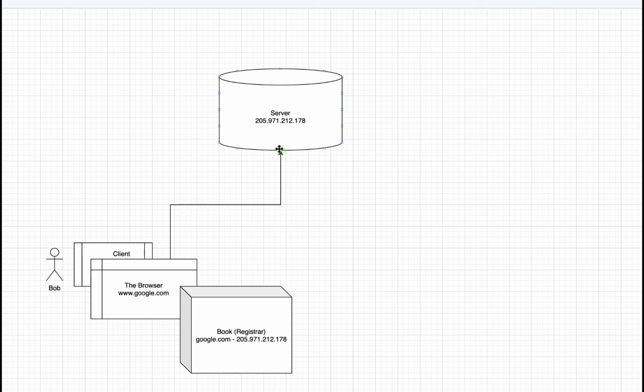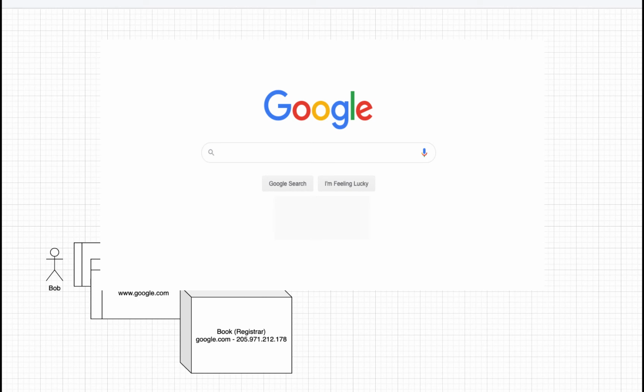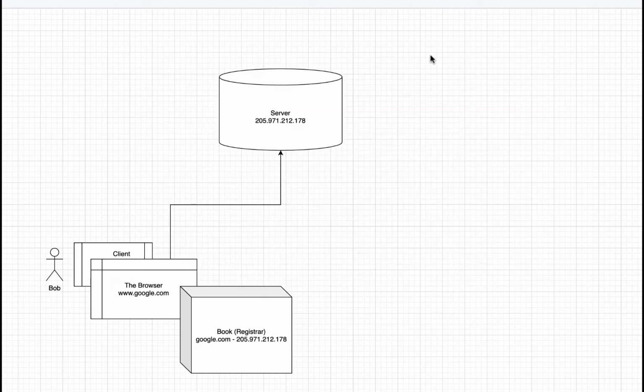So I'm making a request to this server. At this point, we went to google.com and we asked it for something. We typed its URL in the browser, but then the browser itself renders a page and I can use it, and depending on where I went online, I can do different things. But what exactly did my browser receive? What did it get that it can now render this thing? And that's what we're going to talk about now.